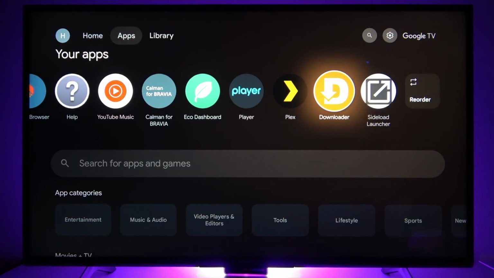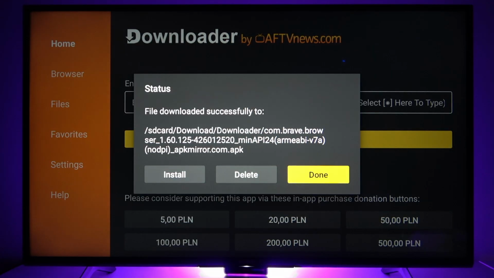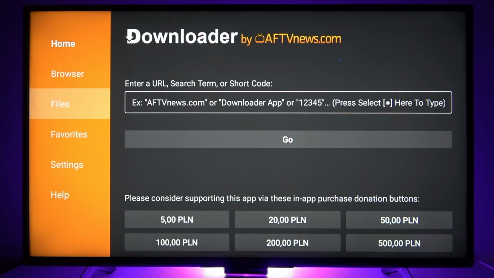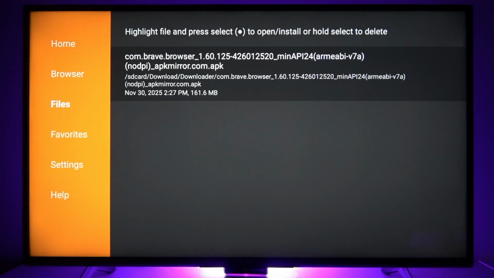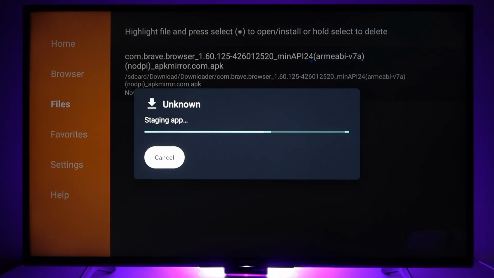Now, the other thing that I wanted to mention in this video, and it will be the last thing, is that you have to manage the installation files and clean up your memory. And in this downloader app, you actually have the Files tab. Go to this Files tab, and each time you download an application and install it, don't forget to remove the APK files after you do that. So go to the Files menu, select the file,